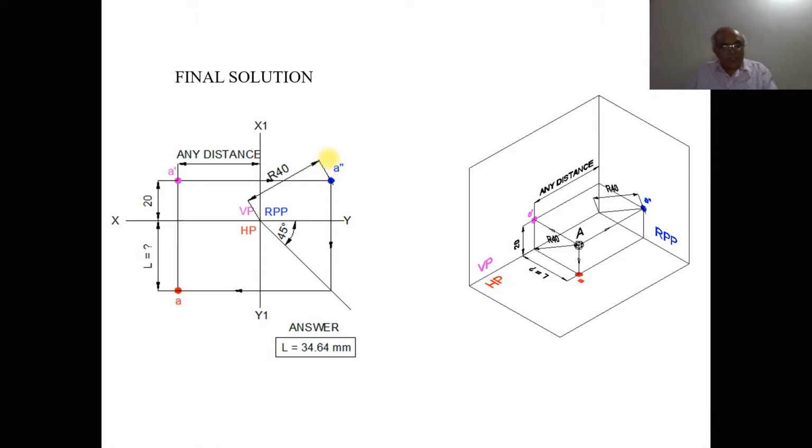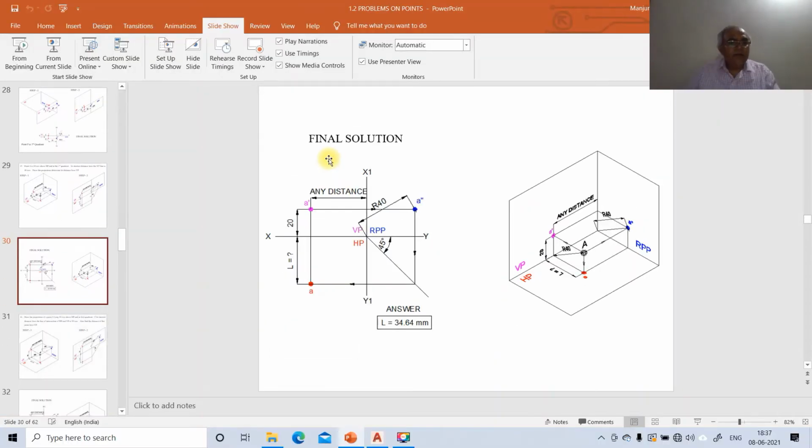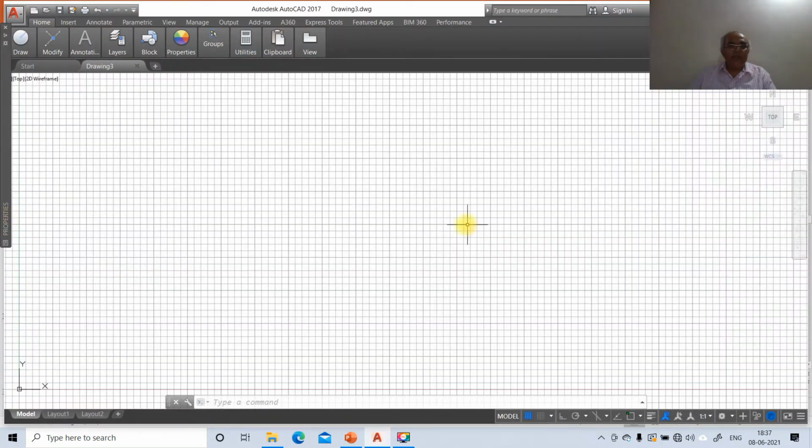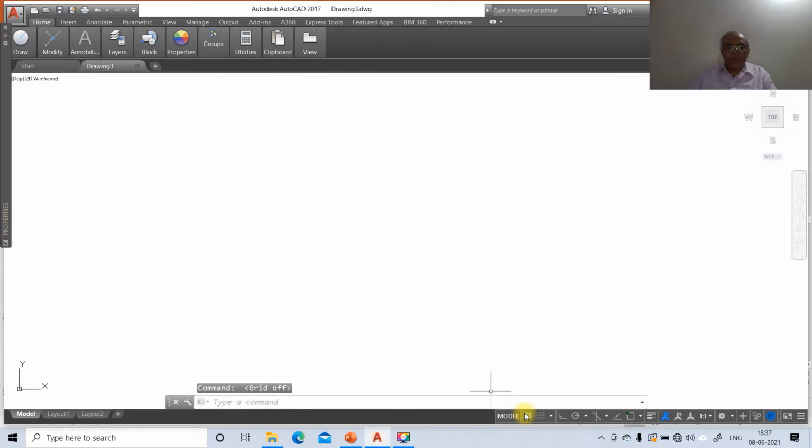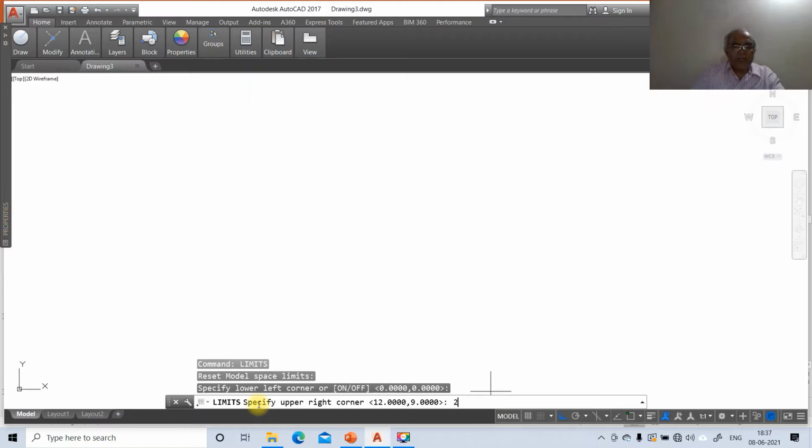Now we will try to solve this problem in AutoCAD. To do that, first we'll go to the AutoCAD screen, switch off the grid mode and switch on the ortho mode. Now we will type the command limits and specify lower left corner 0, 0, upper right corner 297, 210. Then zoom all.